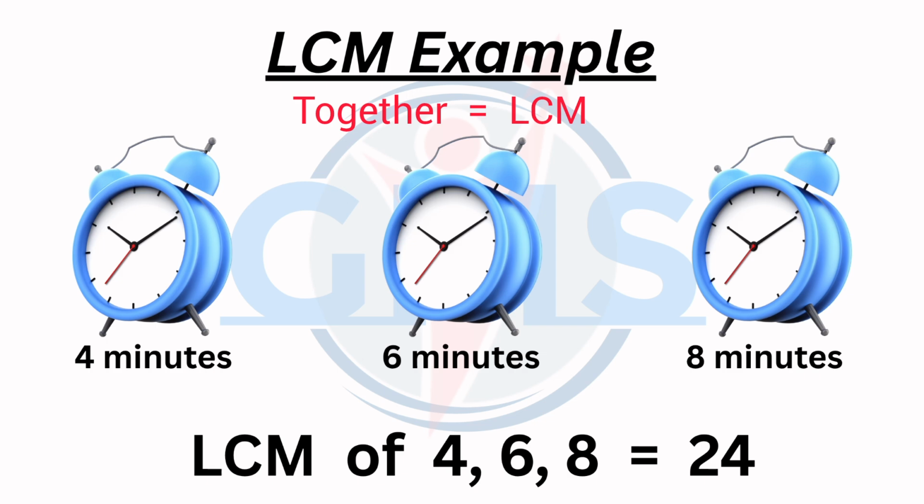When I have listed all 3 sets of multiples, one thing you have seen common is that 24 was coming in all 3 of them. So 24 was the first common multiple for all 3. Many common multiples will come further if you go on listing the multiples of all 3, but the first one is the least one, and for LCM we have the least common multiple. So the first one is the least and it is a common multiple of all 3, and that is your LCM.